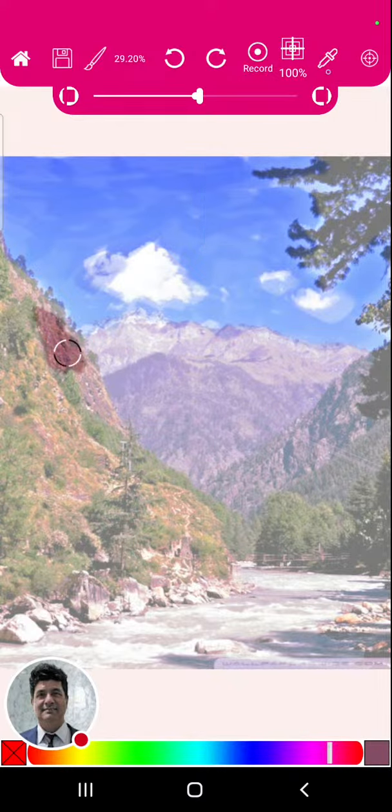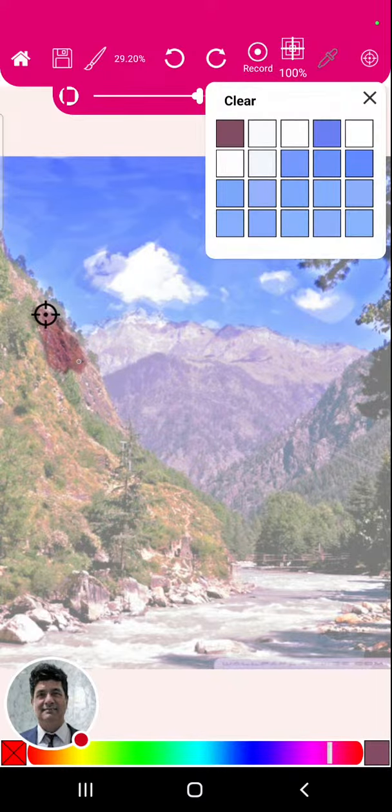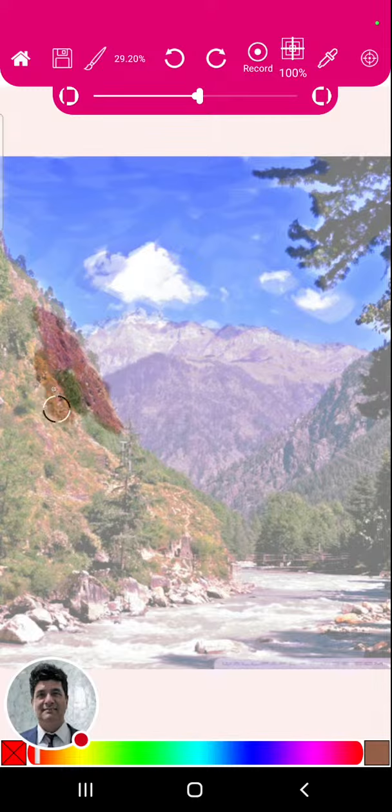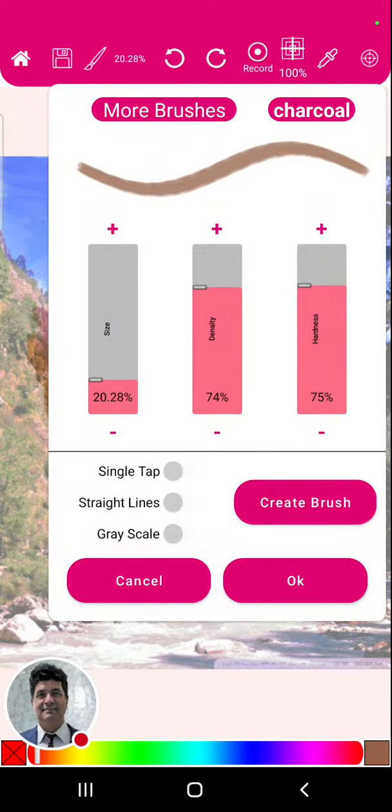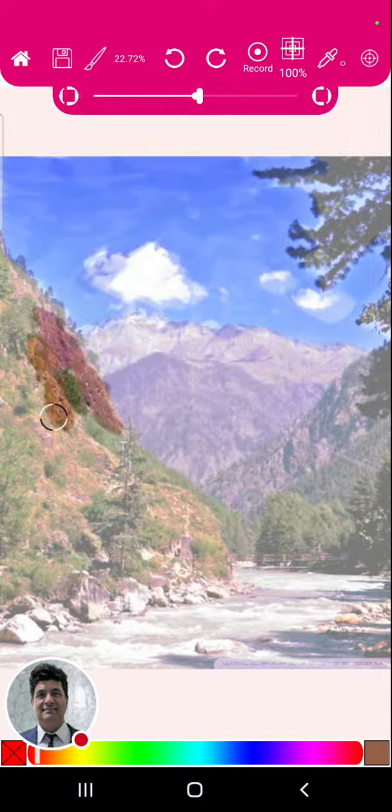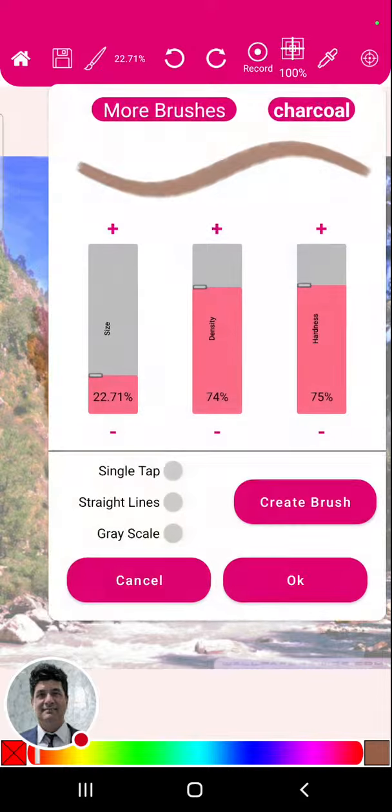Can you see how that formed so quickly? Right. Pick a brush size that you think you're comfortable with. I may just reduce it since the sky was very broad. I'm going to reduce it to 22%. Okay, look what I have. I got